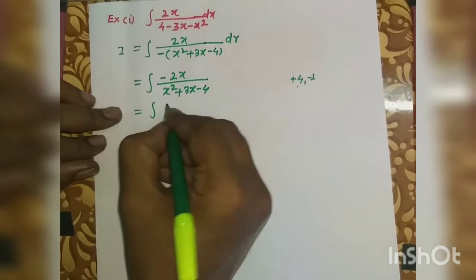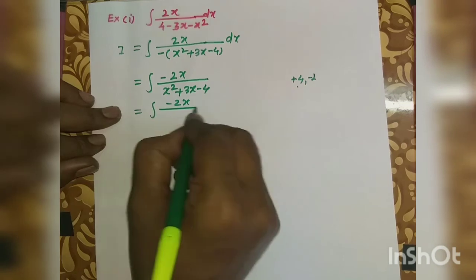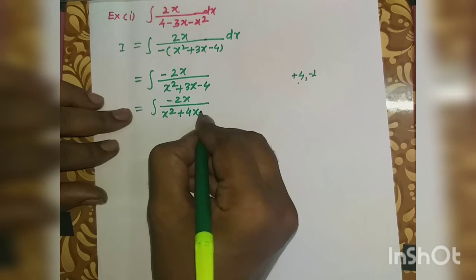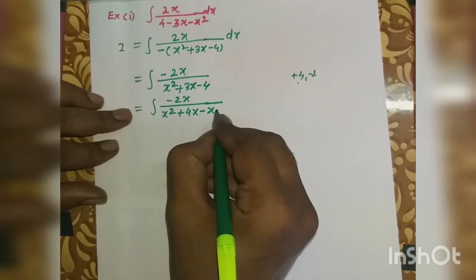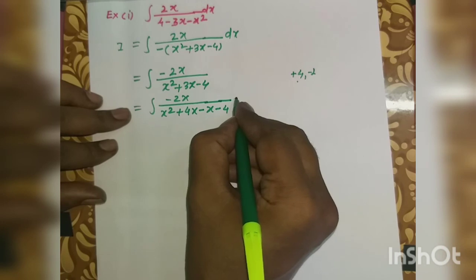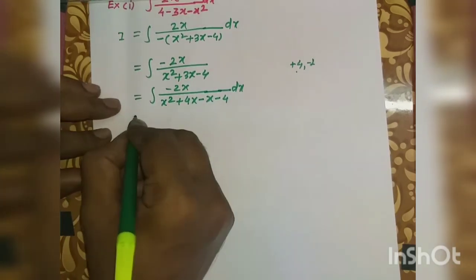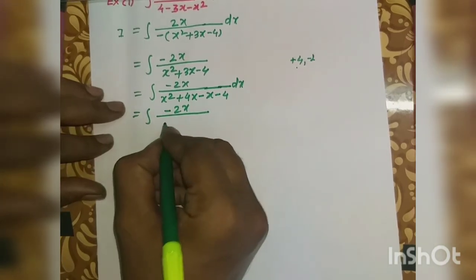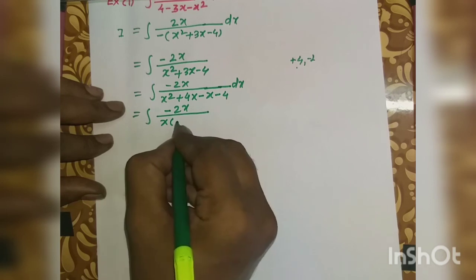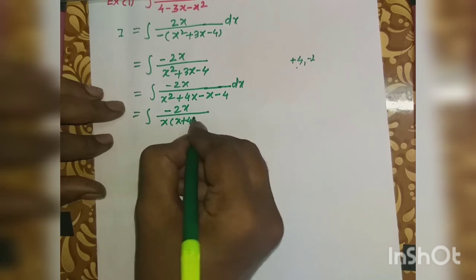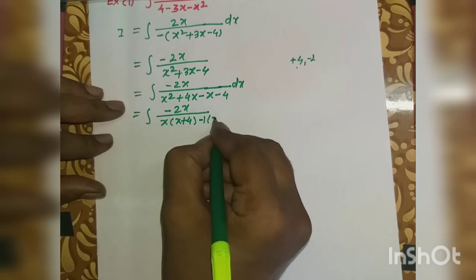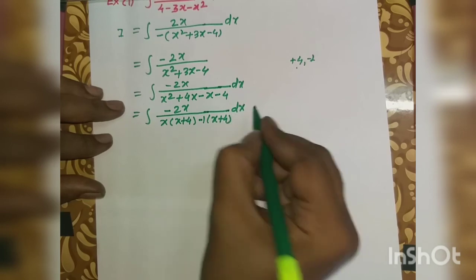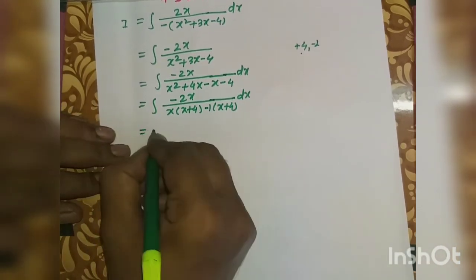Then factorize this: minus 2x divided by x square plus 4x minus x minus 4, dx, is equal to the integration of minus 2x divided by, taking x common, x bracket x plus 4, minus 1 common, x plus 4, dx is equal to